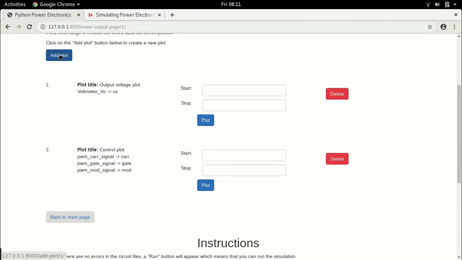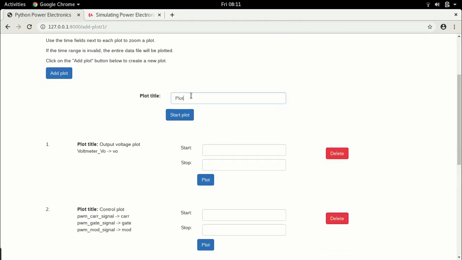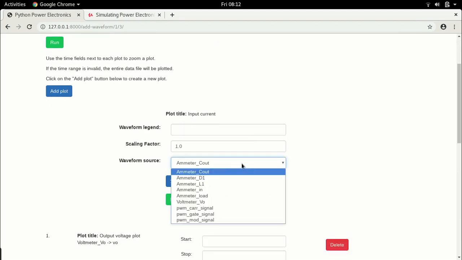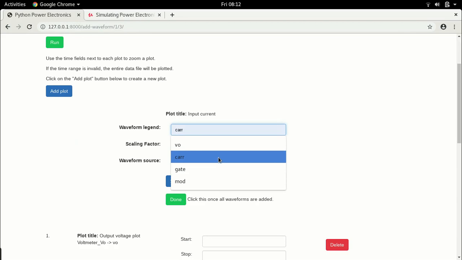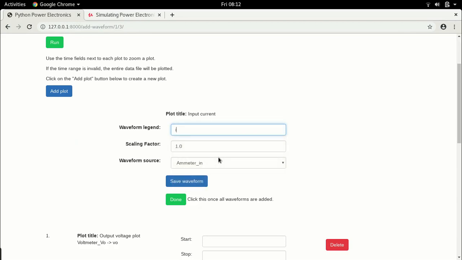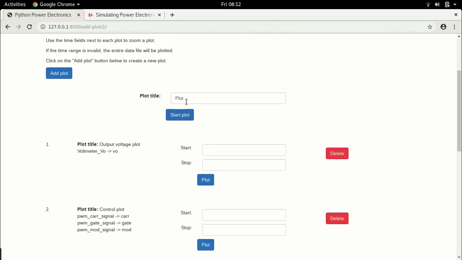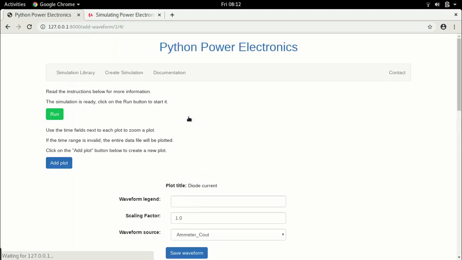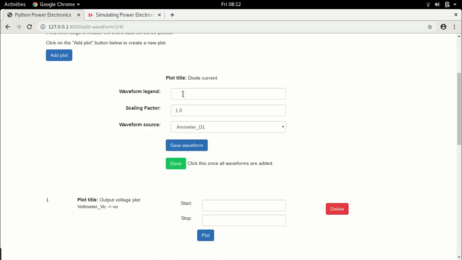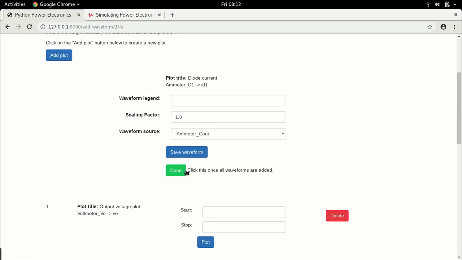I'll create another plot, and we can just create a plot for each one of them. That's not a problem. I'll say input current. The input current is the same as the switch current, so all I have to do is choose ammeter IN, and I can call it IN. Save the waveform, click on done, add another plot. This will be the diode current. Here I just have to choose ammeter D1, and I can call this ID1. Click on done,